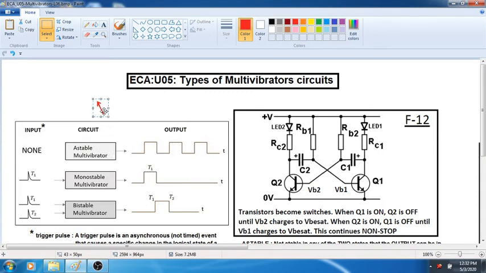Now a multivibrator is any circuit that provides an output which can have only one of the two states. That means if you look at this waveform here, I will call this bottom line as one level and the top as the second level. Now you can call it as a voltage, you can call it as some high or true or false, but essentially the output will have only two levels, and the output at any given time can occupy only one of these two levels.